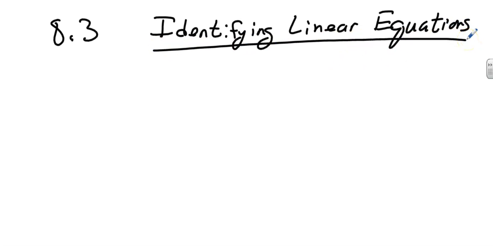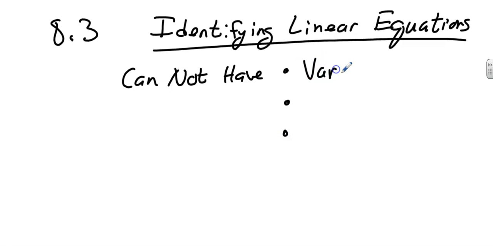Okay, now, here's what it comes down to with linear equations: there are really three things it's not going to have. I didn't leave enough room here, so we'll come back to that. The first thing is variables with a power